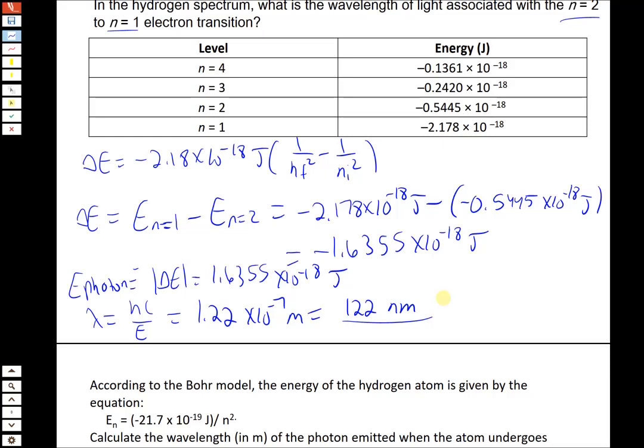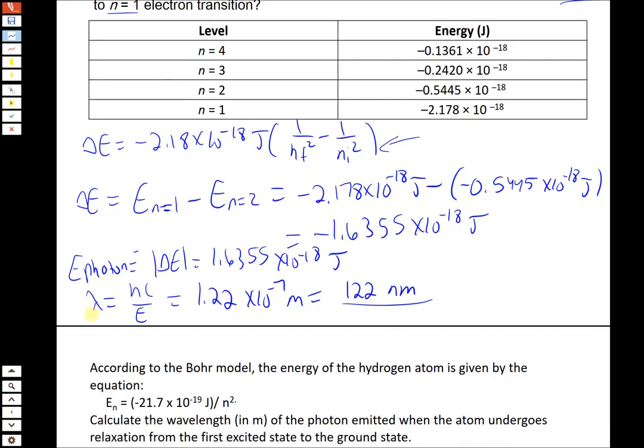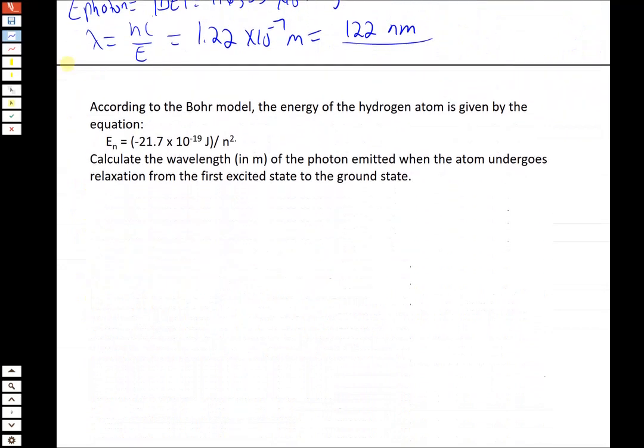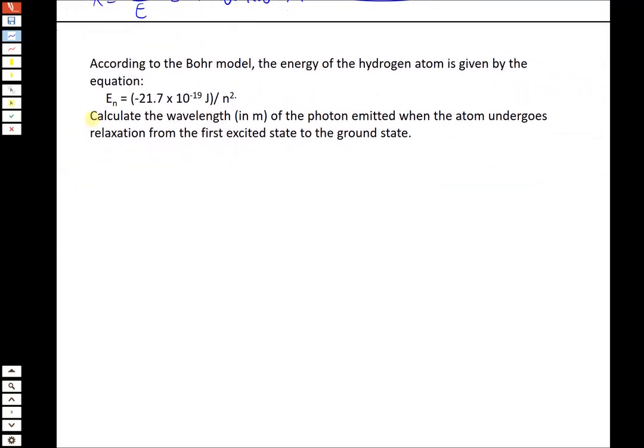Alright, so that's how we would do that question. Again, we can use the information we're given to make our delta E calculation perhaps a little bit simpler, or we could have just gone with the equation and ignored the given information. The given information was meant to help us, but it wasn't necessary because we have the equation that we can always use. And then this next one here is, again, really the same type of question,